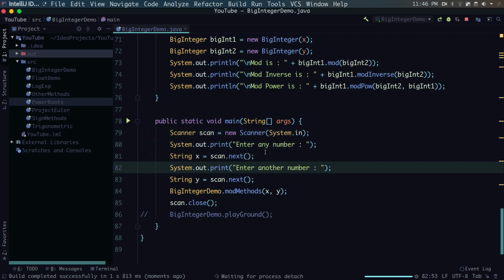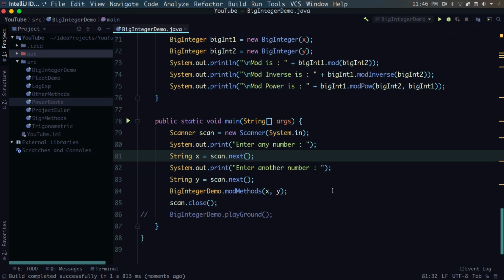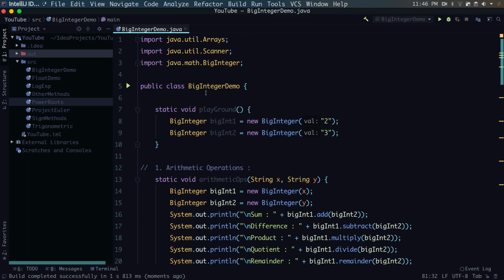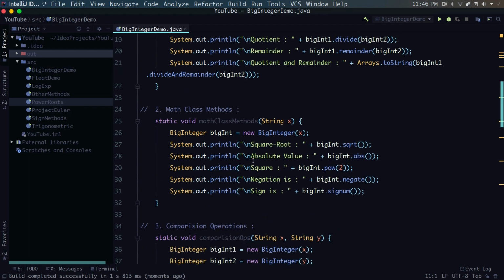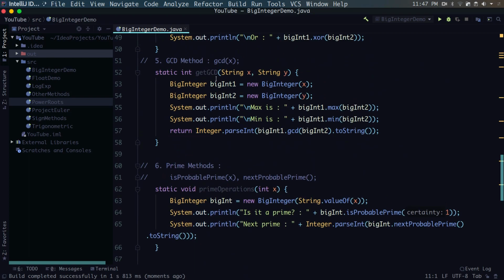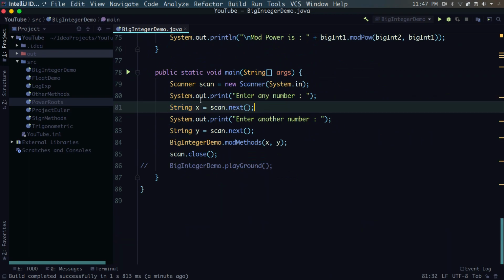Yeah, before discussing this, let me be clear. The most important thing, always, while dealing with big integers, which I'm telling you from my personal experience, I think it is wiser to use strings while dealing with big integers. Like when you're instantiating them, you want strings in there. So if your methods are taking in parameters which will soon be converted into big integers, don't send